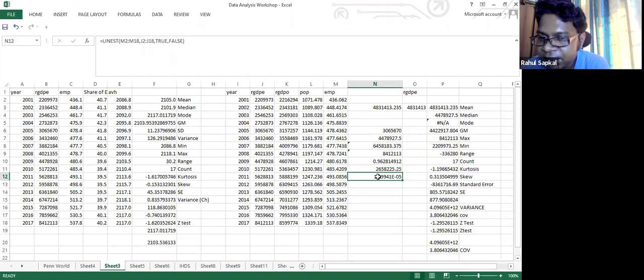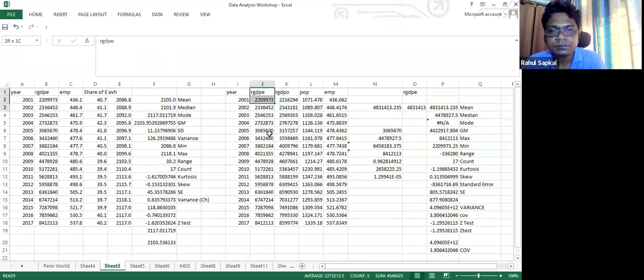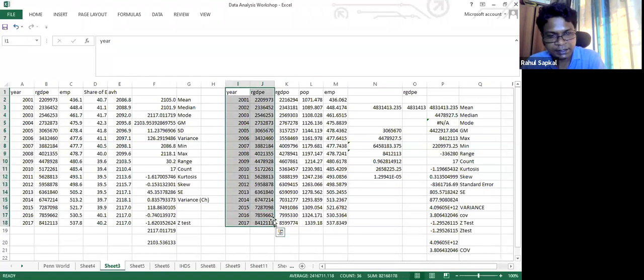Now here you might ask, sir, where is the R square? Where are the residuals? Yes, the residuals are not there, and that's why many people do not use the Excel model to calculate the regression, because you have to do it manually. So one way to understand the relationship between the two, what I can do is I will just copy paste this, and we will add the trend line. So we will just see the trend.